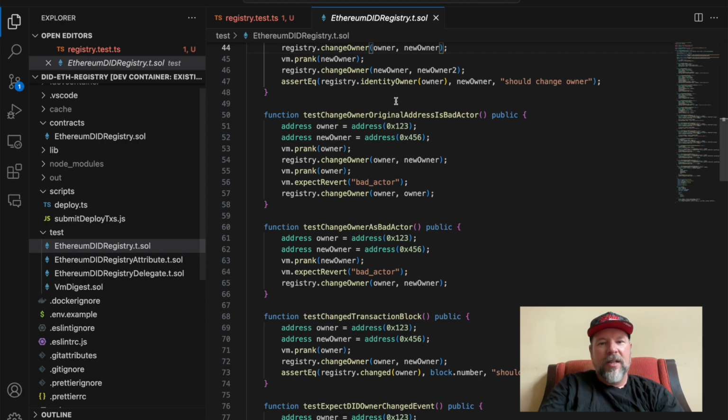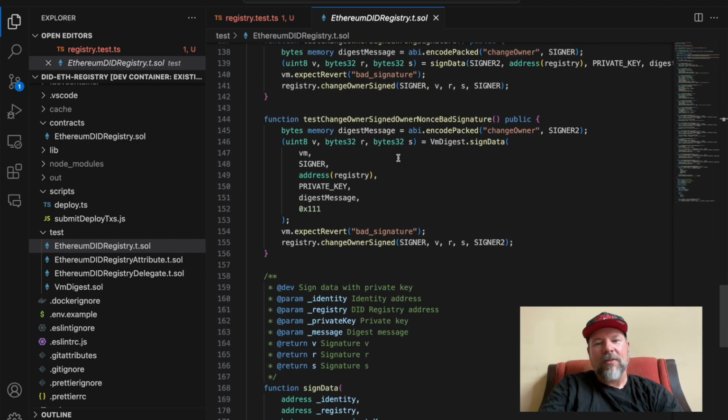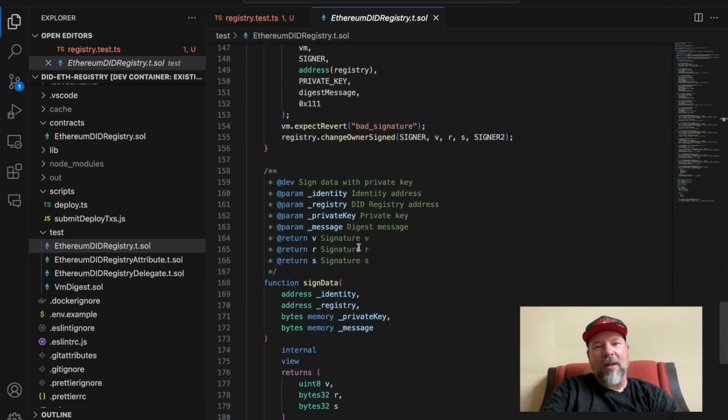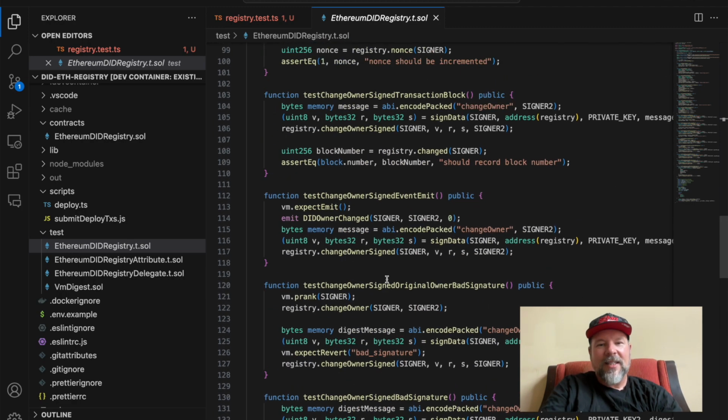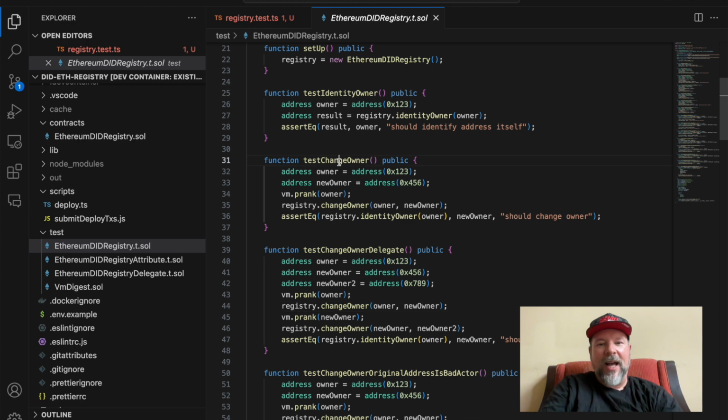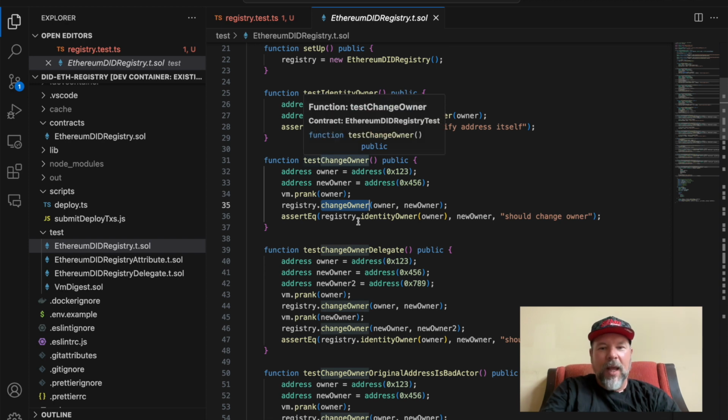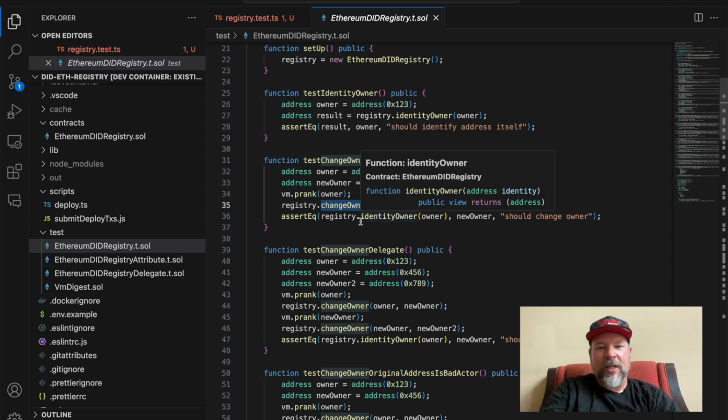However, not only can I use the mechanisms of Solidity to document my Solidity-based test, but also the test itself, if I want to figure out how to change ownership, can serve as a form of documentation to developers. So this is an excellent way to learn the package, learn the contract, learn how you should be using it, and then what happens when I use it in a certain way?